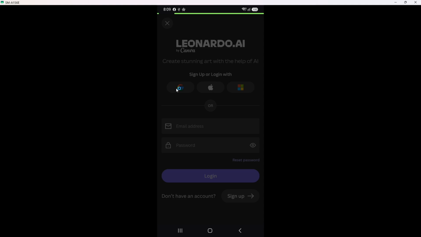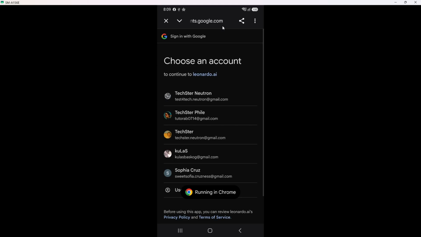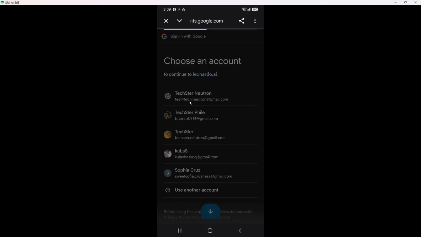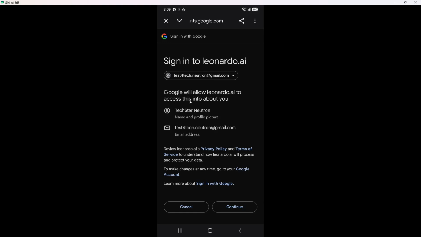Finally, start generating AI images and videos. Once logged in, explore the app's interface. You will find options to create various types of media. This is where the fun begins. You can experiment with different styles, settings, and inputs to create unique images and videos. Enjoy the creative process, and remember, practice will help you get the most out of this incredible tool.